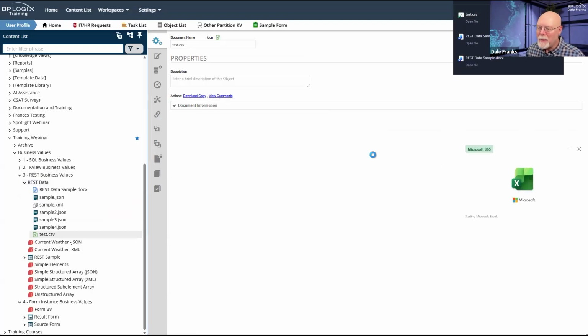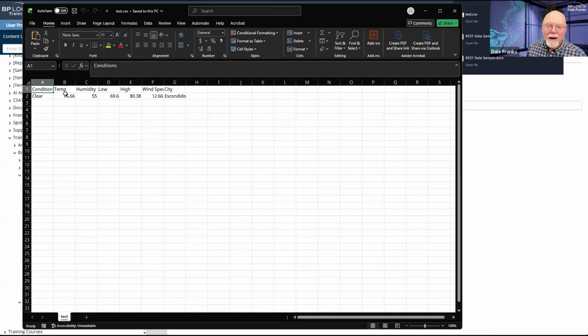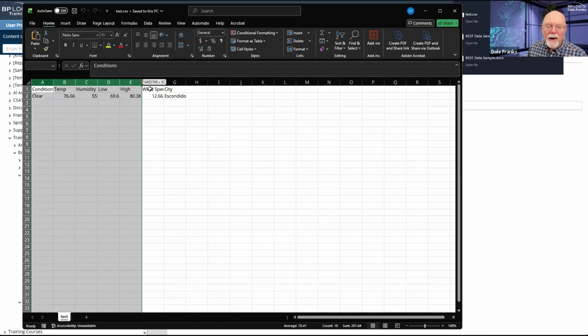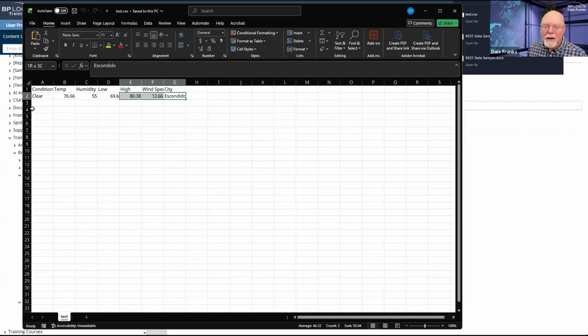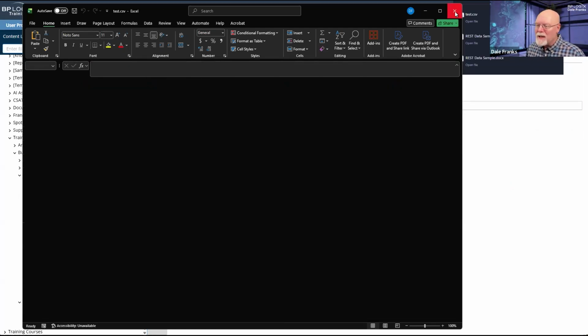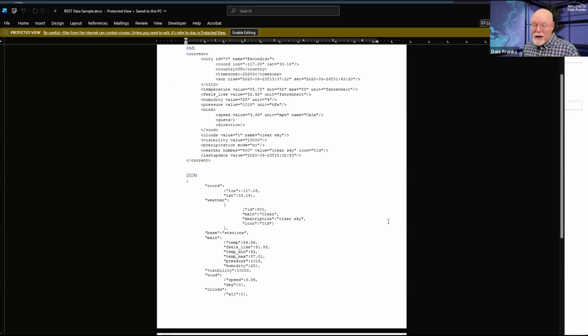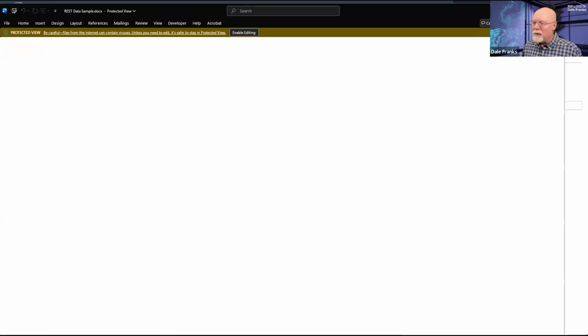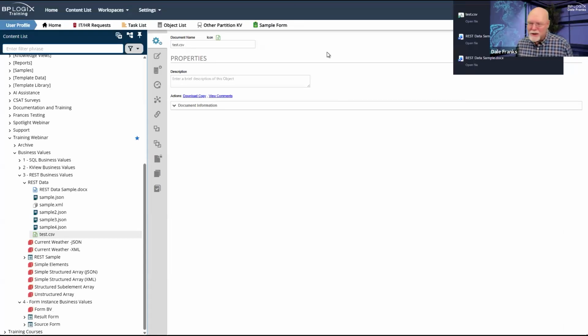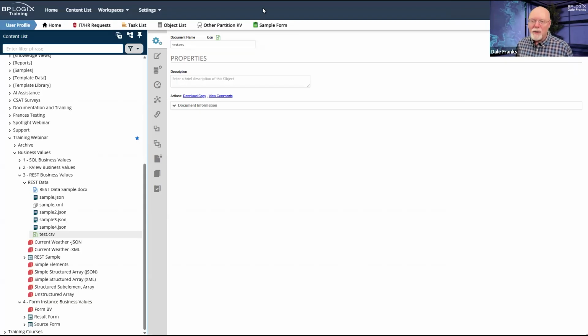And by golly, that is all of my data from the business value. Now, it only returns one record for one zip code, so there's only one row of data. But there you go. I can now convert that JSON into a direct CSV file. So if I was returning more data, obviously I would have more rows of data to view in our CSV file.